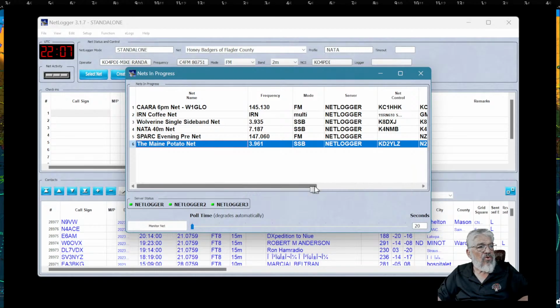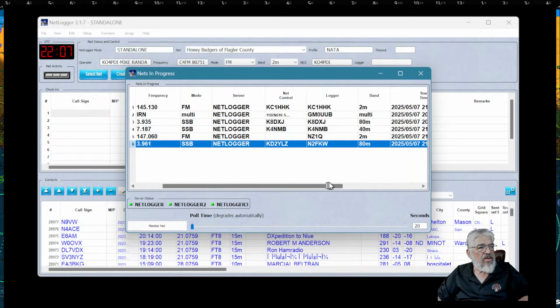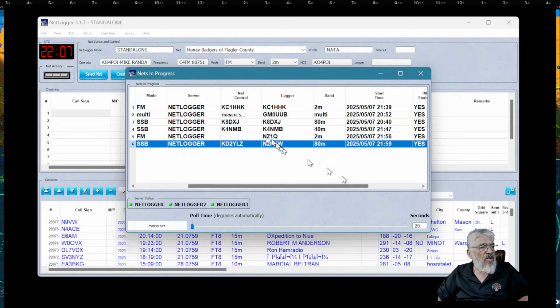If we scroll across, you can see the logger is N2FKW. The net control is K4NMB. Is that the same net? No, that's not the one. This is the one. KD2YLZ is the net controller. So say Ron wanted to be the net controller, but he didn't want to have to do this. I could do this.